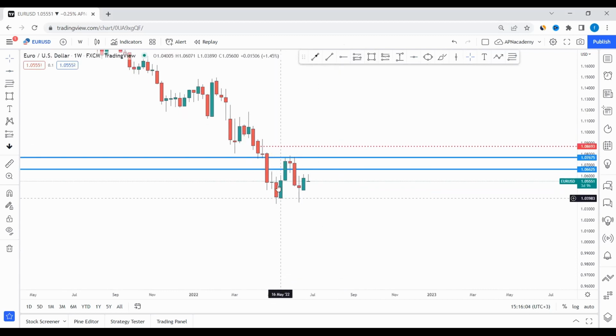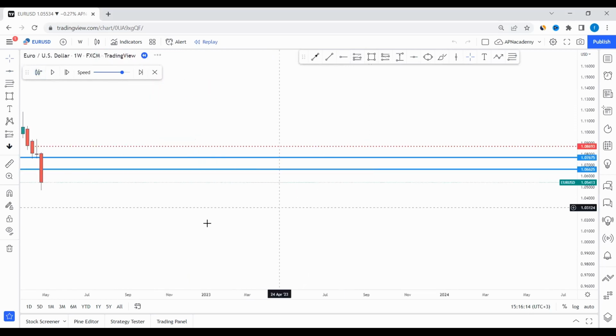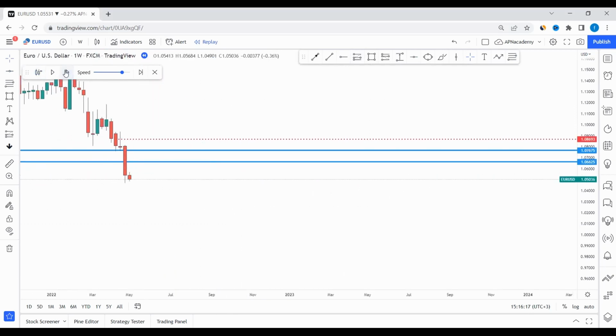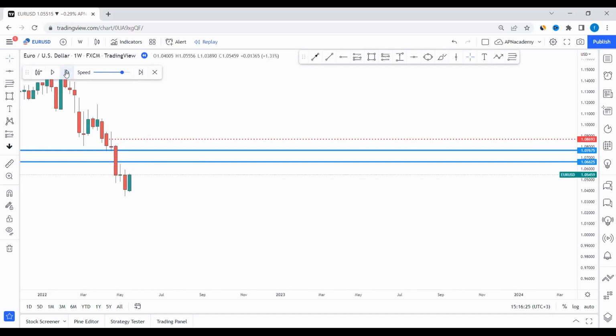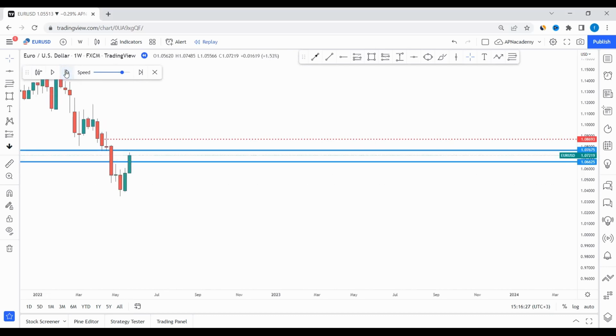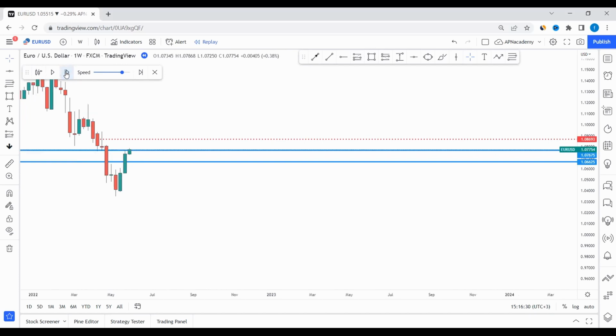Now, if the market is down here, let me just replay. I'll just replay so that we want to see how the market behaved when it reached those levels, and then we can take our trade, right? So let's just replay. The market touched one of our levels. So now what are we going to do? We want to see a loss of momentum, and we are starting to observe a loss of momentum in this area here, right? So I'm going to mark it,